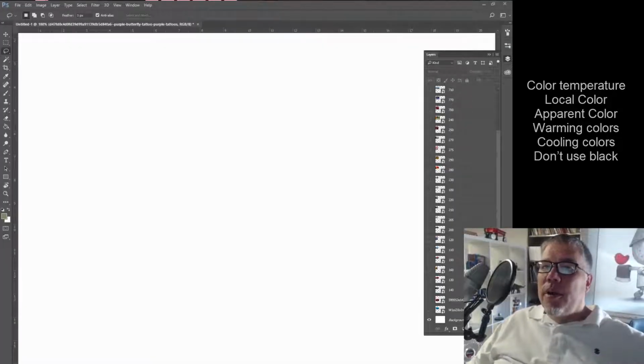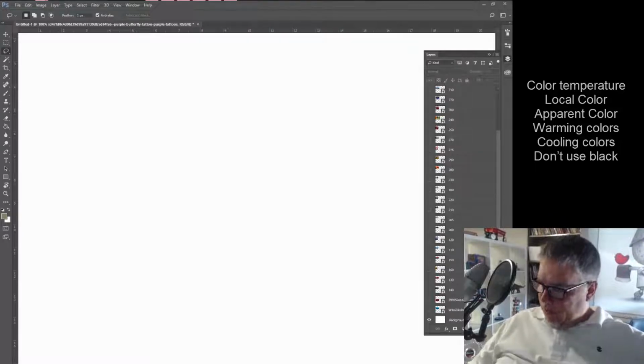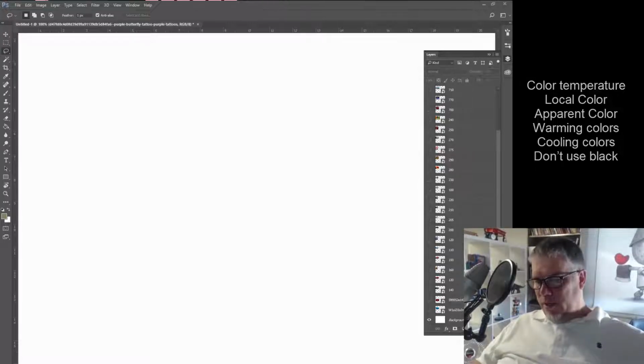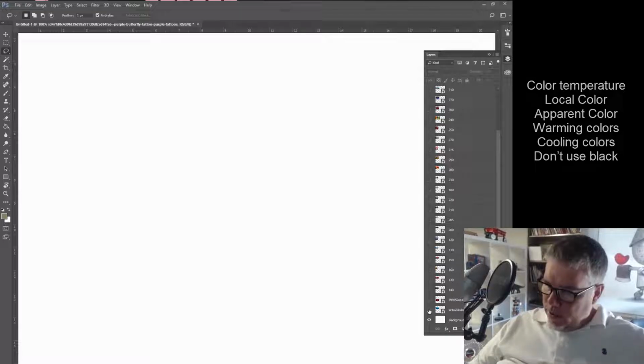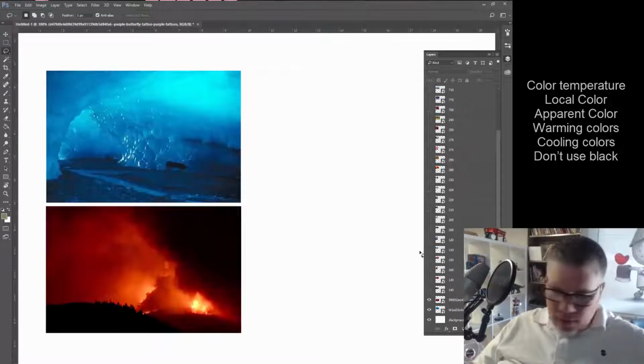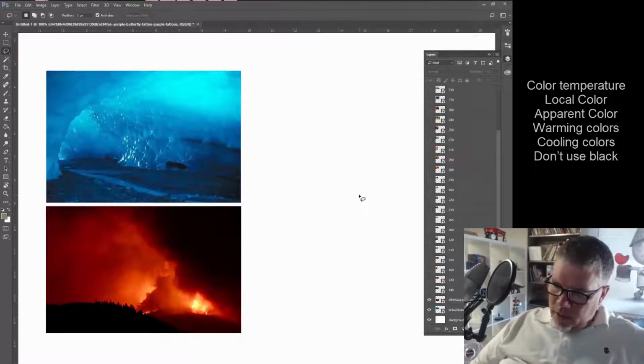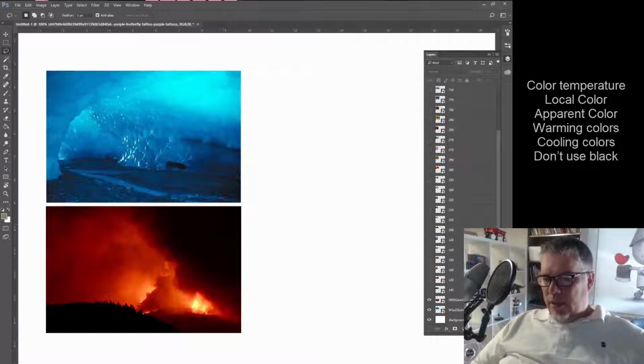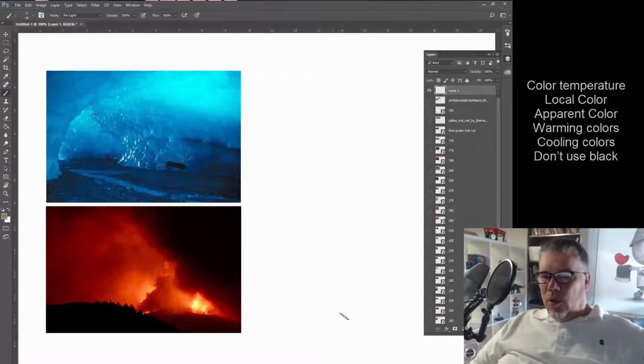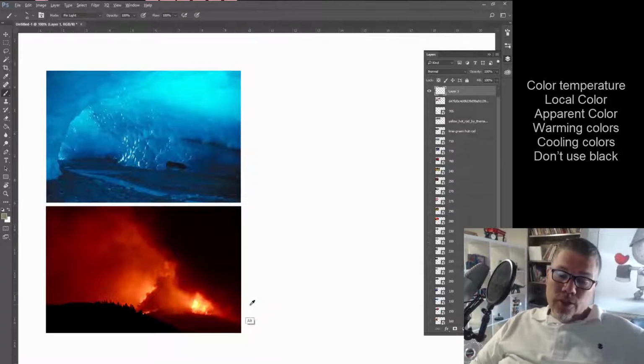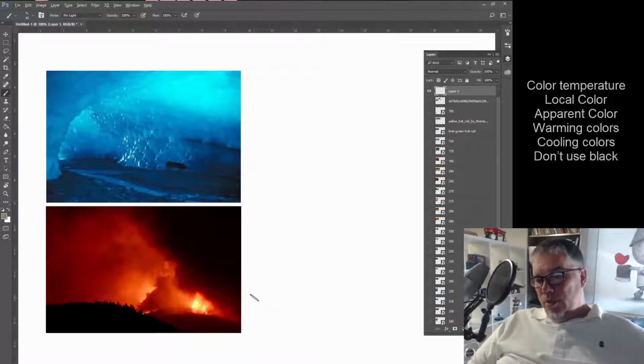Okay, in this video we're going to talk about color temperature, and the first thing I want to show you are a couple of images, and what we're dealing with here is fire and ice. And you'll notice, and I'm just going to grab another layer here, that basically the colors, it seems obvious to say, well, oranges and reds and yellows are fire colors, and that's why we call them warm colors, and ice is made of blues and purples and greens, and so that's why we